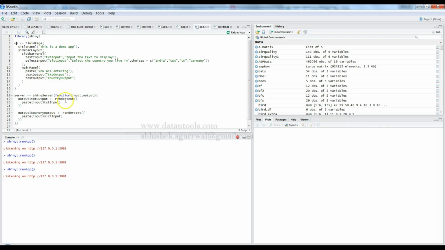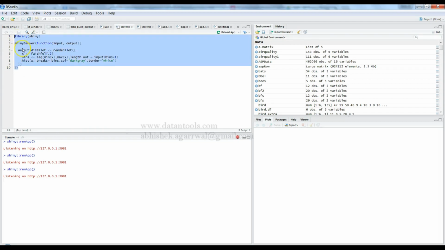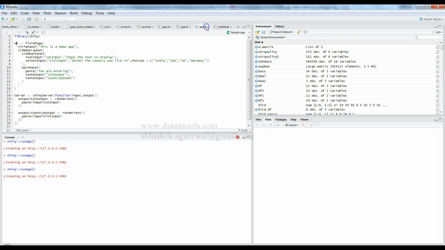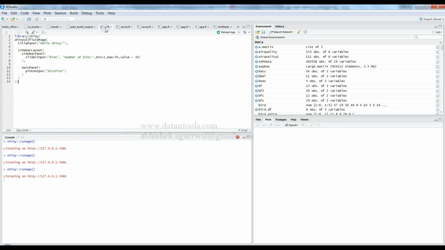Instead of one single file having all the code, you can divide the code into two files. ui.R will just have the Shiny UI related information, the first part, and server.R will just have the output information, what outputs you want to generate. But if you observe, this final part is missing, which I have in the Shiny app,